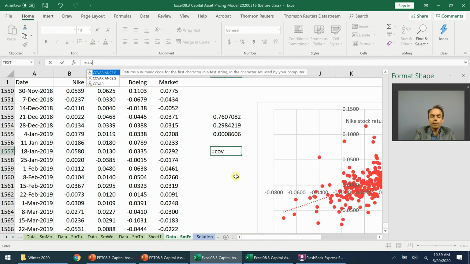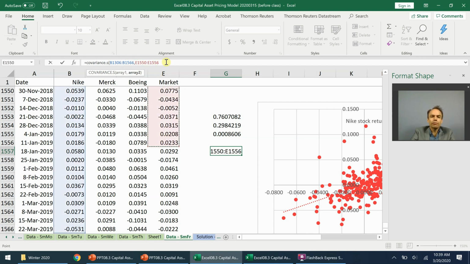I can write COVARIANCE.S of Nike returns going from cell B1306 to B1566 on market returns going from rows 1306 to 1566. That tells me that the covariance of Nike returns on market returns is equal to